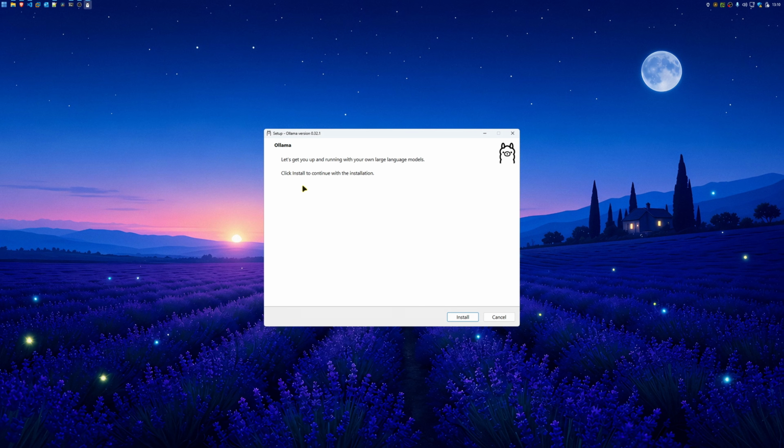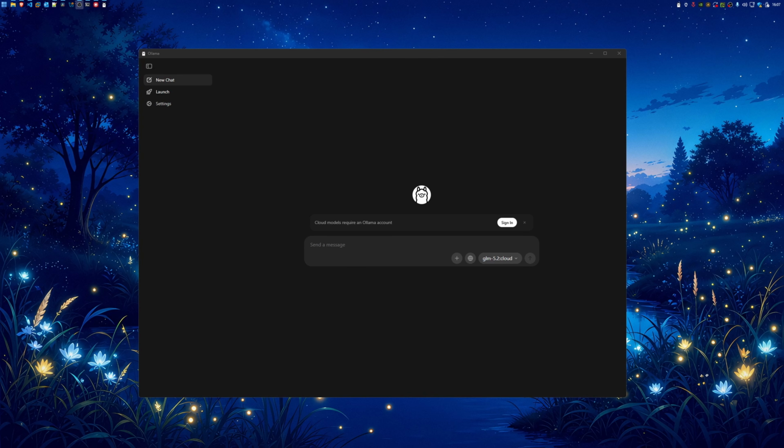Once it's finished downloading, you can just click on the Ollama setup file to start the installation, and you'll notice there's no setup wizard asking you 20 questions. You just click on install, and it puts everything in your local app data folder, which means it installs just for your user. And you don't even need admin rights for it. And once that's done, Ollama launches on its own and you land on this page right here, which is basically a chat window. And you could start typing right away. But hang on, because there's one setting we need to change first.